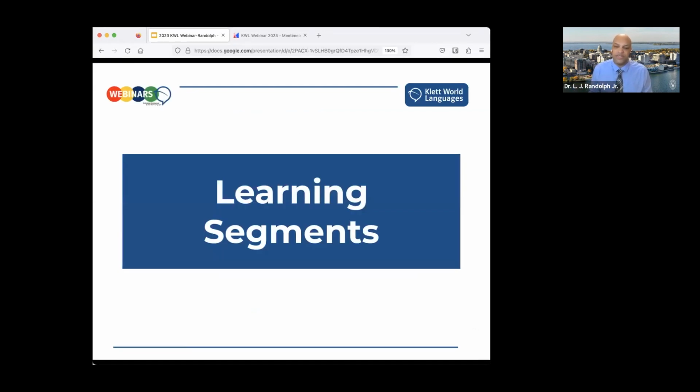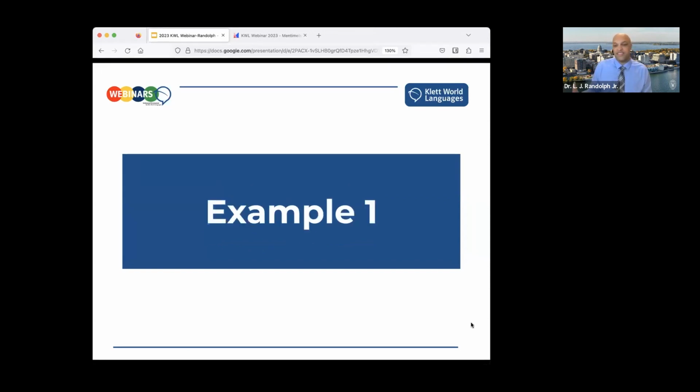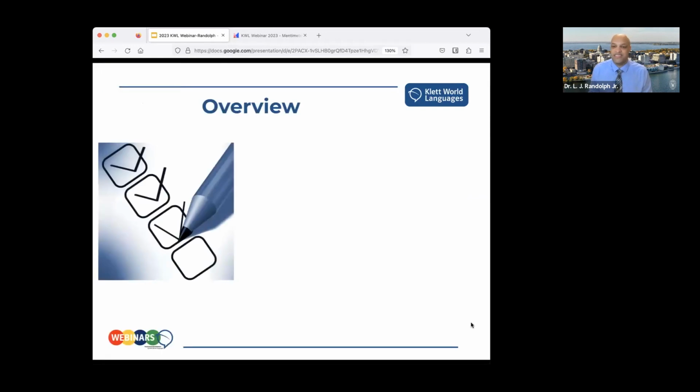What I'll do now is I'll share two examples, and I may go through the second one a little bit quickly because I do have a lot of the resources here, because I want you to be able to go back to this and think about it more deeply, have access to all the resources that I talk about, and be able to incorporate them into your class if you so choose. So the first example that I talk about in my chapter is appropriate for a novice mid class.